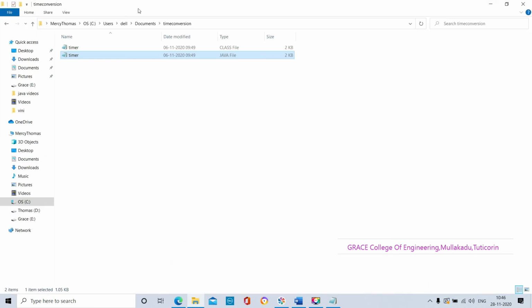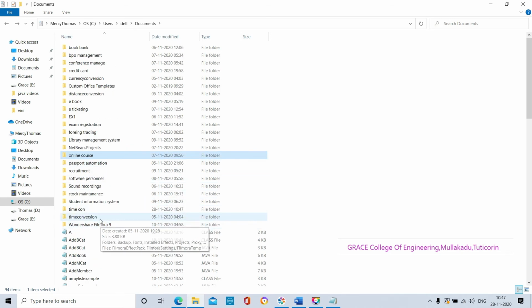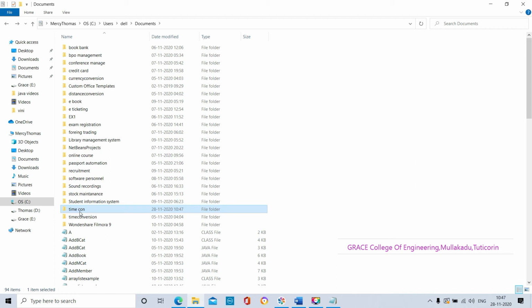Next I am creating another package, distance conversion. I am creating a new folder like this. The new folder option is here; by moving the cursor near this button, it shows New Folder. By clicking on New Folder, we create the new folder, and we can change the name to whatever we want. Time conversion folder means time conversion; we type it like that so that it creates the new folder. I already created all the new folders, so no need for this one.